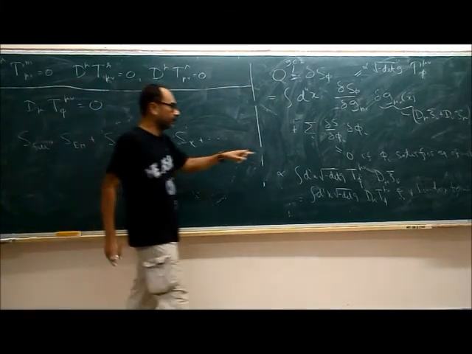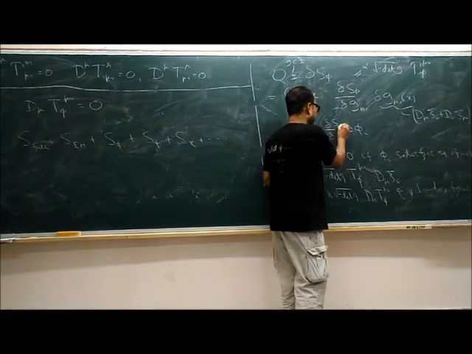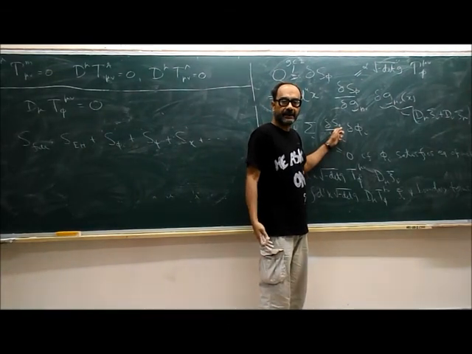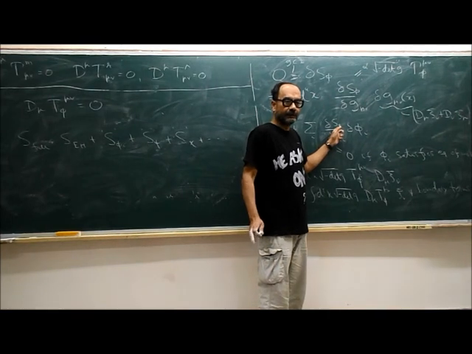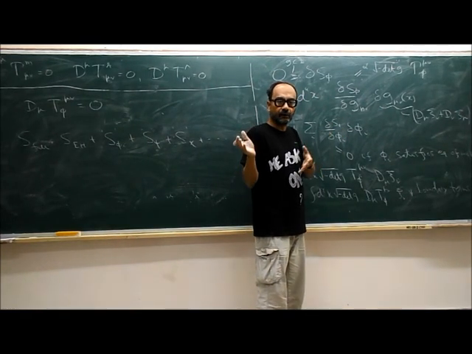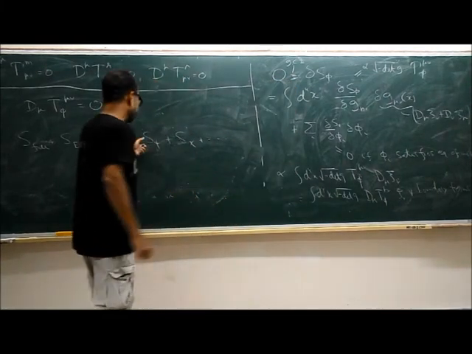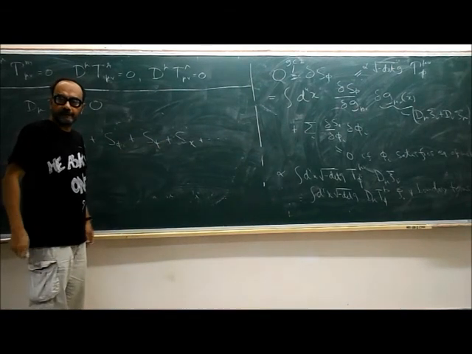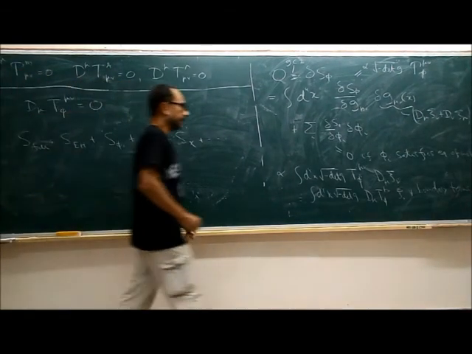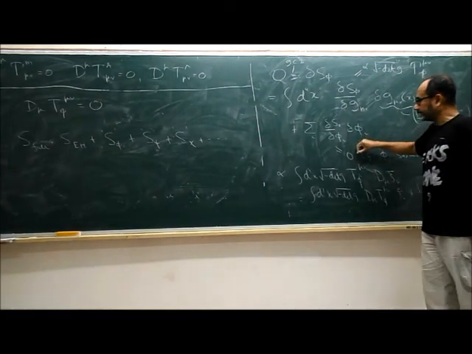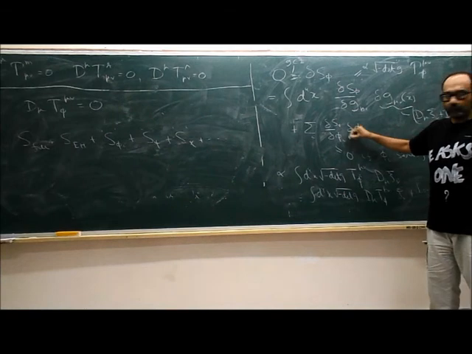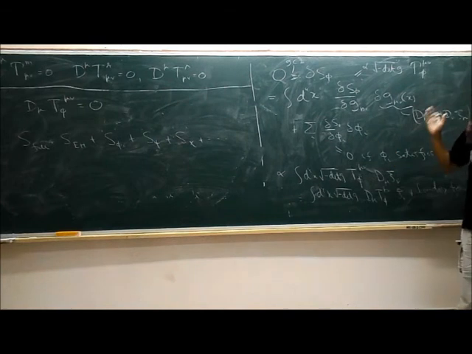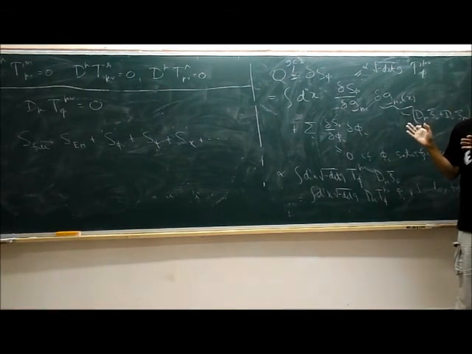Otherwise what will happen? If you have S phi, delta S phi by delta phi I is the equation of motion for phi only if S phi contains all the phi dependence. Otherwise the equation of motion is delta S by delta phi I equal to 0. So it better be that these shouldn't depend on phi for this argument to hold. Similarly, these shouldn't depend on psi. We have used the fact that when phi satisfies this equation of motion, this is 0. Without setting this equal to 0, you couldn't have arrived at our conclusion. So this is saying that T phi mu nu is conserved when phi satisfies this equation of motion.